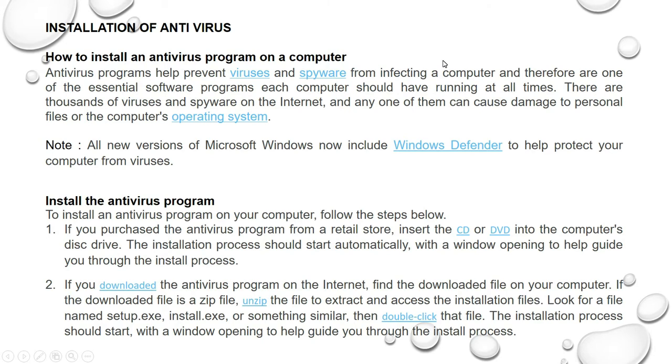There are thousands of viruses and spyware on the internet, and any one of them can cause damage to your personal files or the computer's operating system. So if the operating system or any personal file gets corrupted, you are not able to work, because as we previously discussed in our virus topic, if viruses affect your operating system, the next day your system does not start.